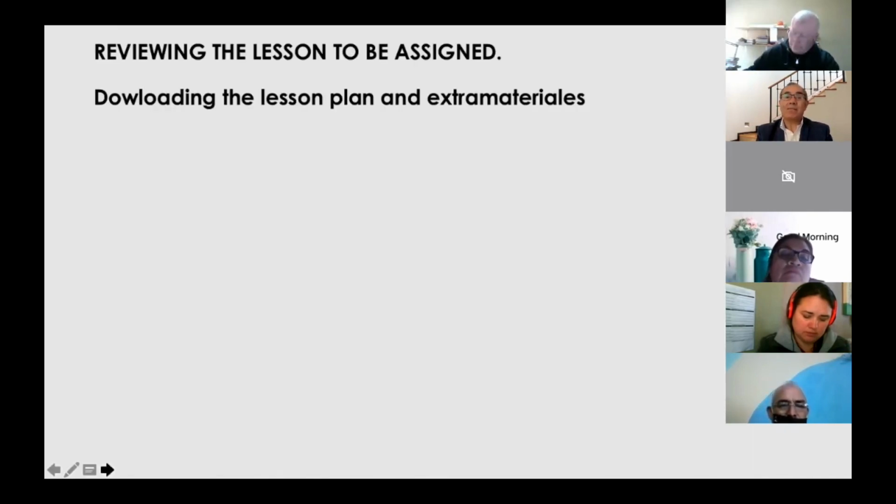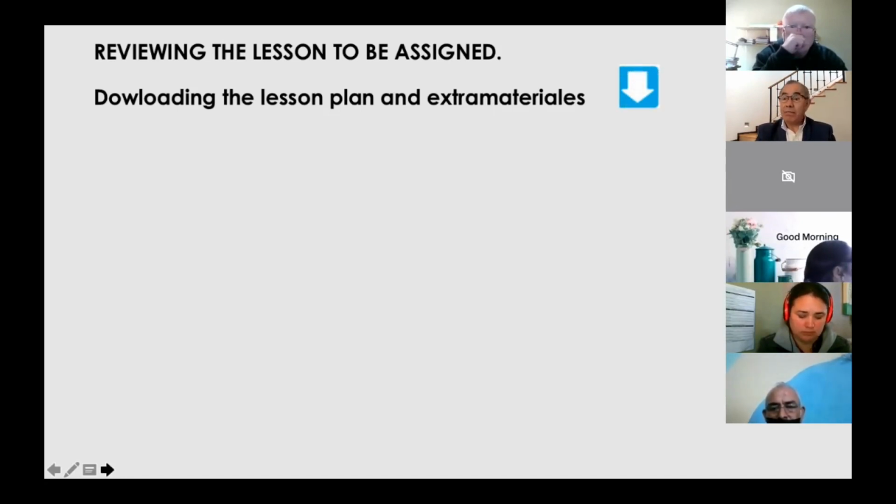Every plan has extra materials. So if the plan says, van a tener que utilizar este printable, the printable is there. You don't have to create it. The only thing that the platform asks from you is your initiative, your imagination, but you can follow the instructions and say, aquí me dice que le haga así, do it in that way. But if you have more experience, and I'm sure you have, change it. But connect it to the program, because at any point it's connected with your program.